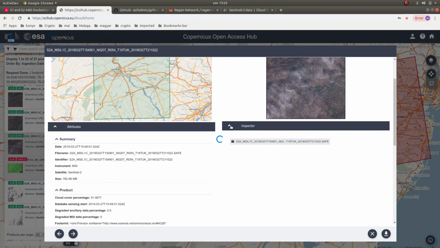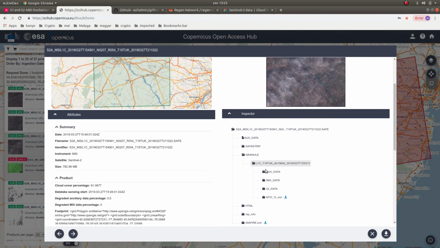Here it sounds very slow. So these are the subfolders. This is the metadata file. This is also a metadata file. And under the granule directory, here are the bands